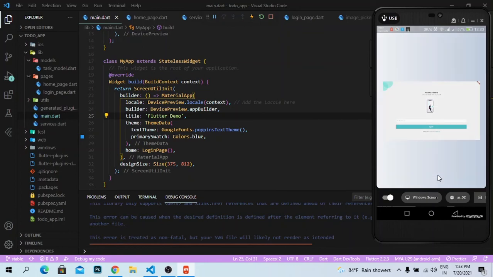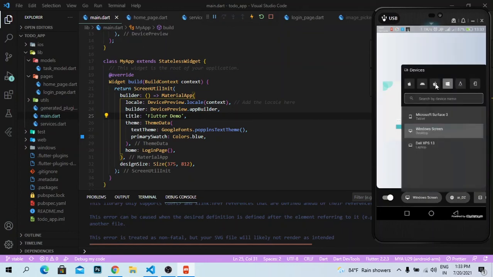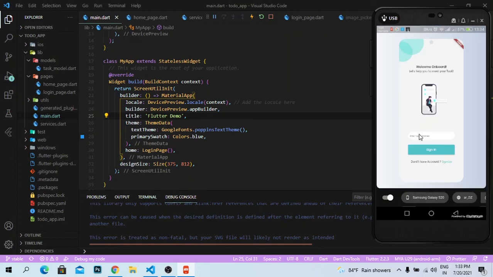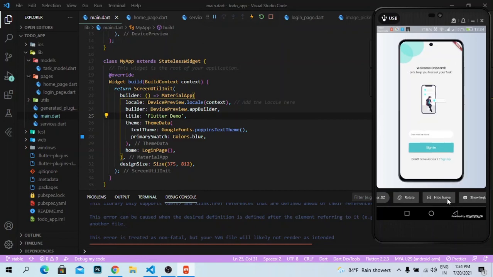And also let's check it on the Mac operating system, and let's check it on Samsung Galaxy S20. So yeah, this is the big screen size you can see, and also we hid the frame.